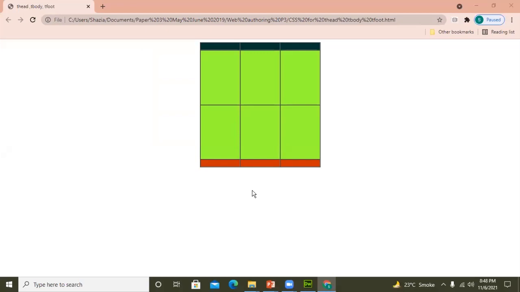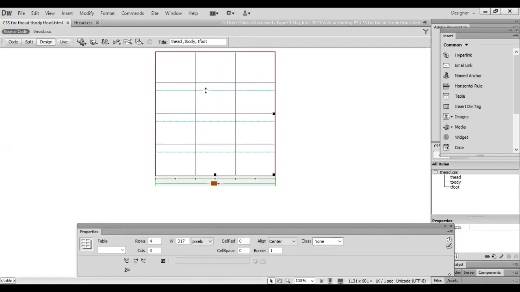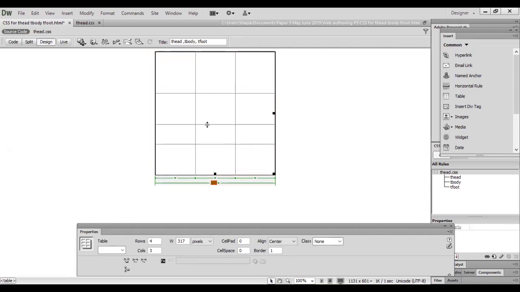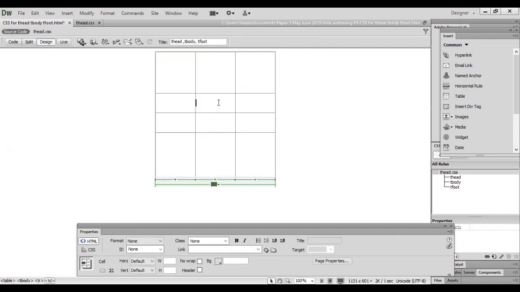Go back to your design view. You know, this is a perfect example of what you see is what you get. I had set up different colors, but our design view does not show a result.